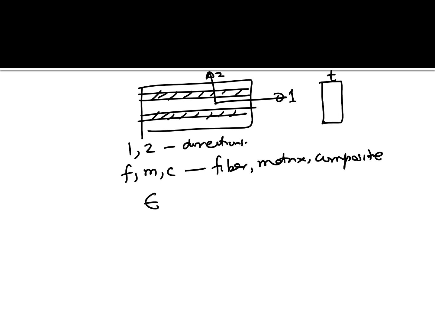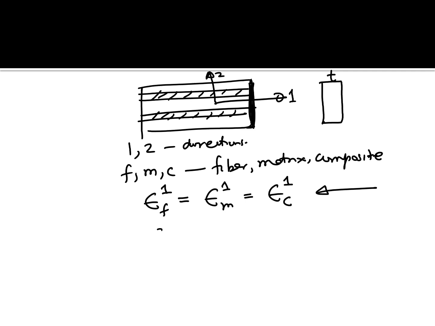The first thing which you have to recognize is that the strain in the fiber in direction 1 will be the same as the strain in direction 1 for the matrix. It will be the same as the strain in the whole composite in direction 1. Because if this edge is going to expand, it is going to expand the same amount in the fiber and the matrix, and hence the overall composite also. That's all we are trying to say here. It's not like somehow the fiber is going to shoot out or shoot into the matrix. No, they are going to expand the same amount.